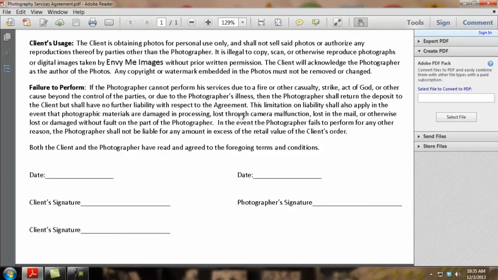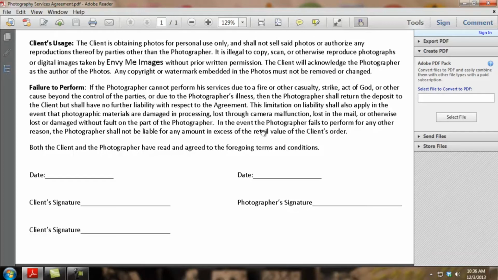So I'm not going to get sued, or at least I should be protected if they try to sue me for missing the event. They try to put a price on the pictures like, hey, this would have been worth thousands of dollars or whatever. So I have this, which basically says, hey, I couldn't make it, I was sick, I'm sorry, and here's your $250 back.